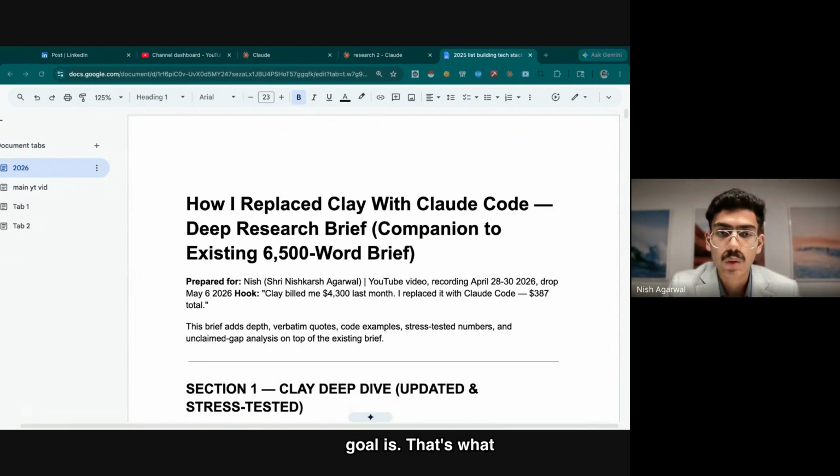That's exactly our goal. That's what we're here for. So this is what things look like, right? I believe you've heard of the tool Clay. I'll just share quickly how the past tech stack used to look and what the current tech stack has